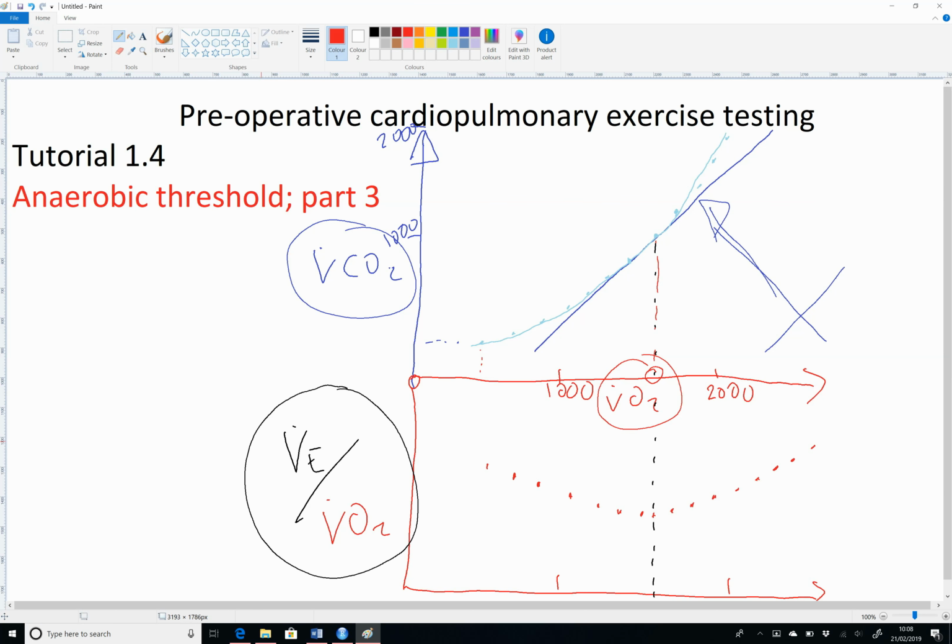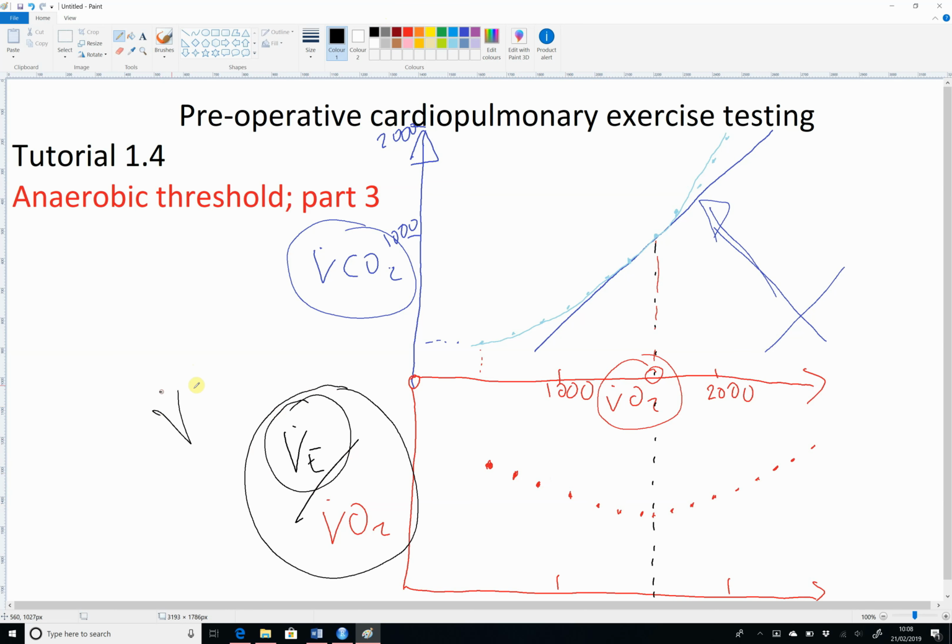And plotting that ratio of minute ventilation to oxygen consumption, that ratio gradually falls as the gas exchange becomes more efficient, because the amount of this value, the minute ventilation,